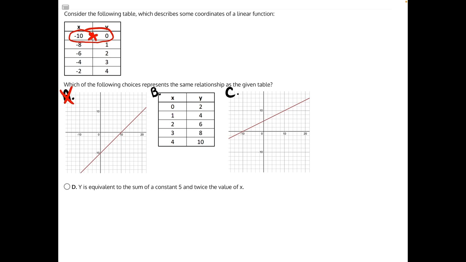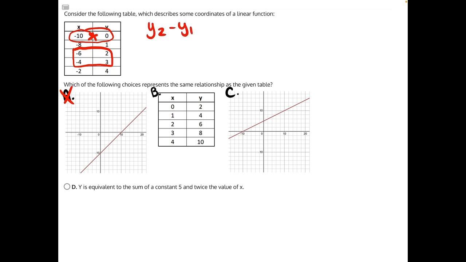Then looking at answer choice C, we have a correct x-intercept at negative 10. So that could possibly be our correct answer. But before we know that, we'll have to figure out what the slope is for this table. So to do that, we will pick 2 points on this table. I will pick these two, negative 6, 2 and negative 4, 3,